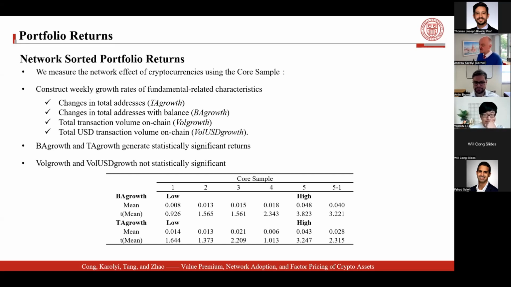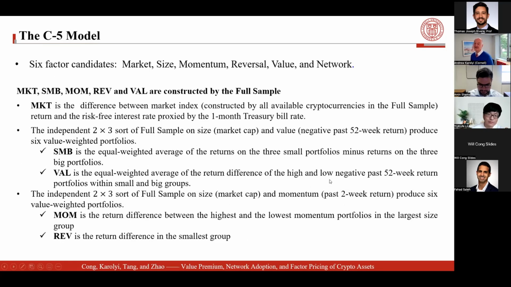And you can see there's some evidence, this is a 5-1 quintile exercise, that tokens experiencing higher growth in the number of take-ups in terms of addresses seem to have a higher return on average than those with lower take-up. And it's not a trivial spread in terms of the actual magnitudes, 4%, 2.8%, depending on which characteristic you lean on. And there's some evidence of reliability there. So this is another new finding that we're bringing to bear on this.